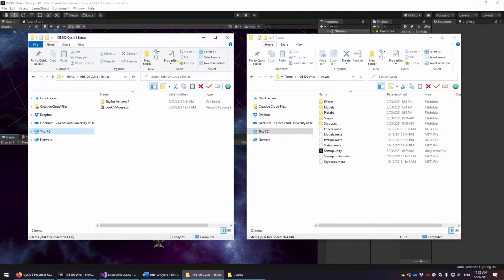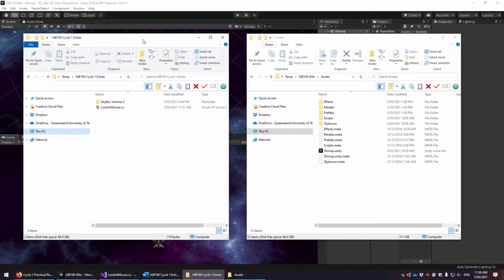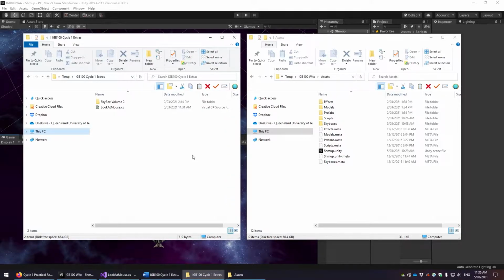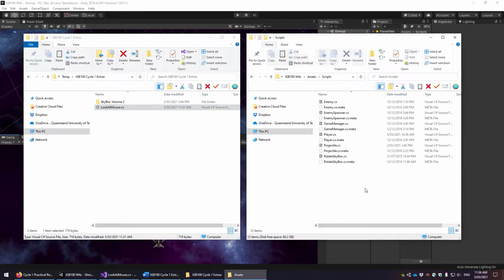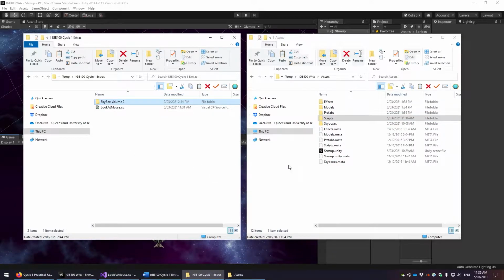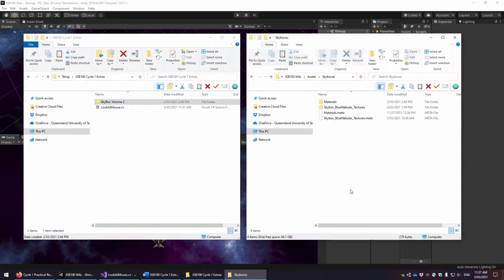Alright, I'm going to start this by essentially exploring the IGB100 Cycle 1 extras.zip, which again you can find on Blackboard, and just putting that content into our project directly. Now this is two files. First of all, a look at mouse script, which I will get to later. Put that in your scripts directory, as well as the Skybox Volume 2, which is, as you can imagine, a skybox. Put that into your Skybox directory. And you can probably just drop that in your Unity project assets folder anywhere, but I like to be a little bit more precise for housekeeping purposes. So let's just close all